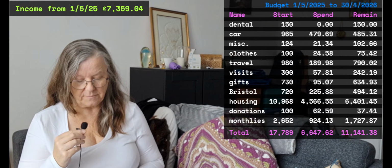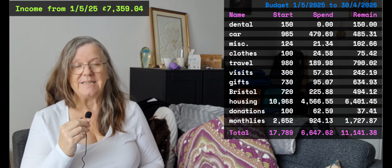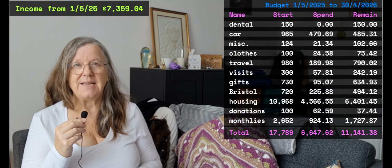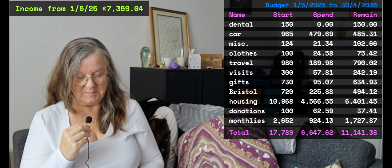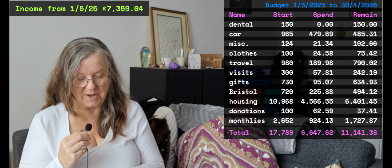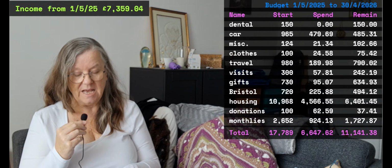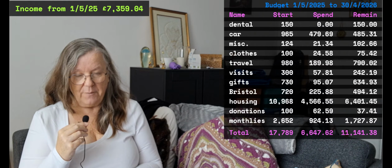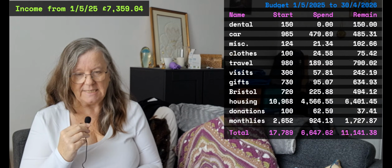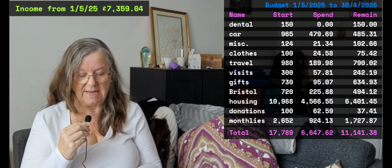Let's look at how I'm doing at my yearly budget. So my yearly budget is from the 1st of May 2025 to the 30th of April 2026. It's for 17,789 pence. I think I get roughly 18,000 in a year. There is some room there to increase that spending plan, and I have been thinking about increasing my phone spending in the monthlies, because if I phone overseas, that doesn't come out of my unlimited minutes. However, I phoned somebody overseas who had just been hospitalised and I wanted to see how they were, and I